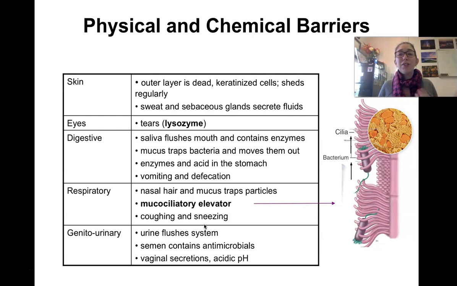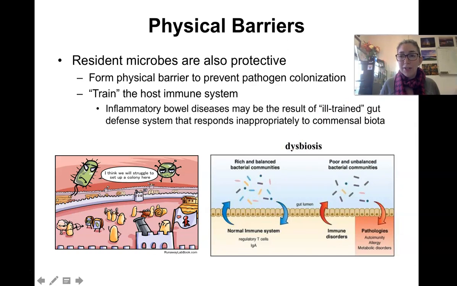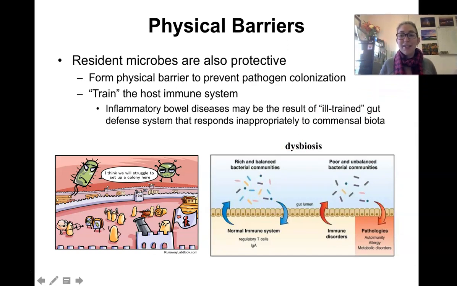And then the vagina actually has a naturally acidic pH, and that is to promote the growth of appropriate bacteria and to prevent the growth of pathogenic bacteria, though changes in vaginal pH can change the vaginal flora and lead to infections or vaginitis. Some other physical barriers besides the skin and physical tissues include our actual microbes, our gut microbes,